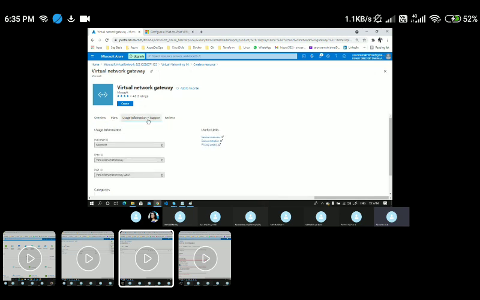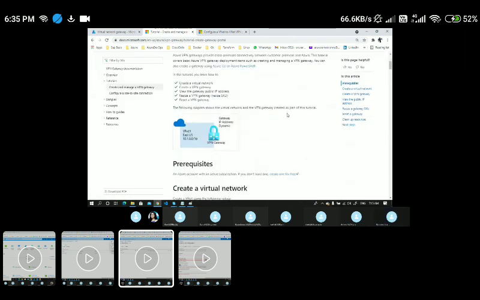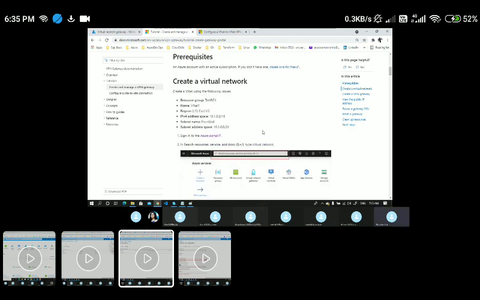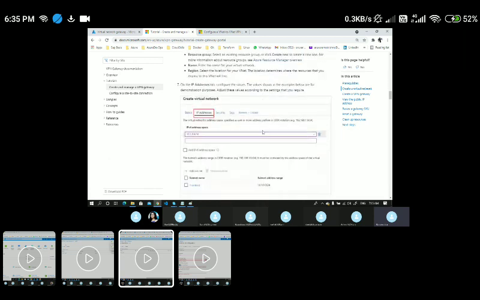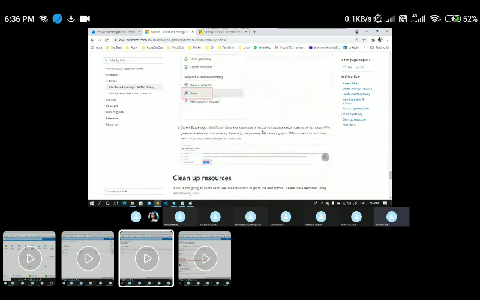Okay, so if you wanted to go through the document, you can come back here and navigate to the documentation. Here you could see the VPN gateway related document, and if you wanted to see how to create and how to manage, you can directly navigate from here. So this is the setup we are doing now. We have created the VNet, and within the VNet we will be creating a separate subnet, and will be attaching this particular VPN gateway. And this is the symbol of the VPN gateway. And if you come down, you can see the process of how to create a VPN gateway also. So let me walk you through these steps for now.